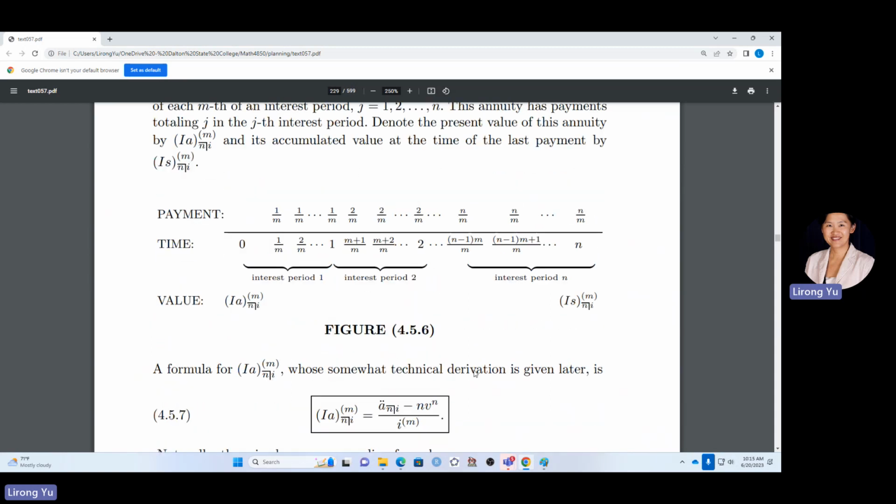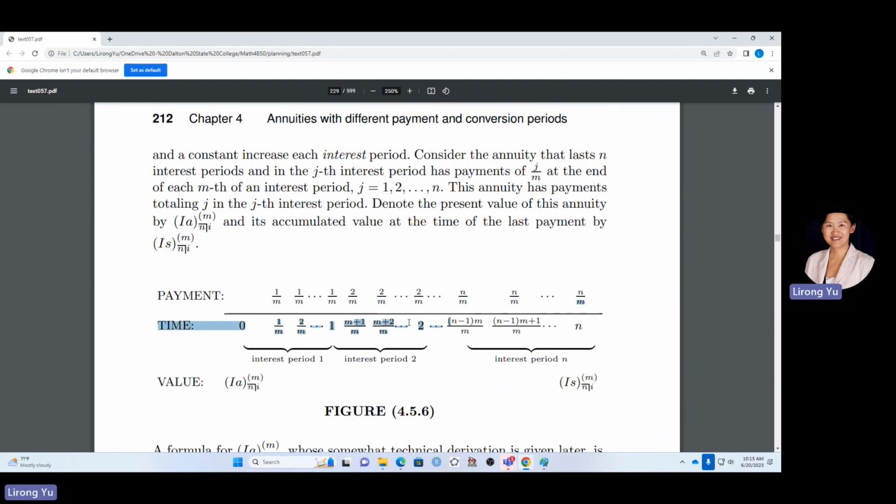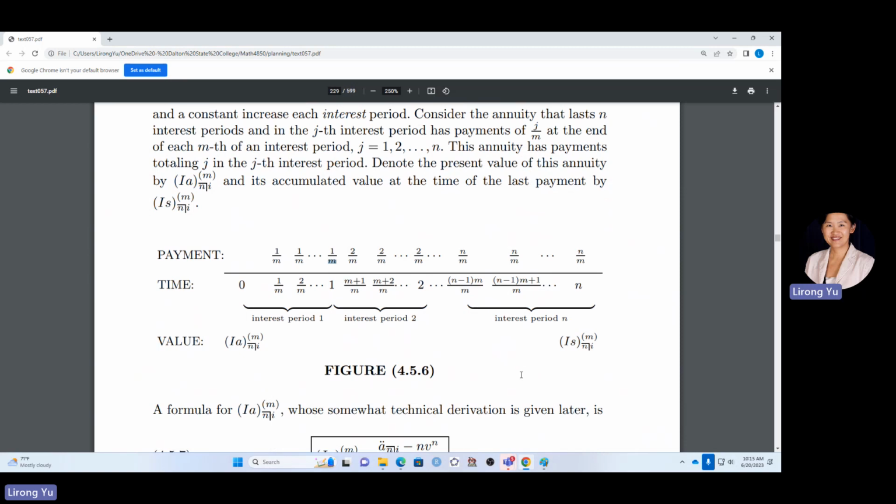Now, if you look at it, the timeline that we have here is similar to the one that we have in 4.7.1. So if you have a $1 interest in the first interest period, let's say, then our first interest period is being separated into 3. So this should be like 1 over 3, 1 over 3, 1 over 3, and the total equal to 1. So this is similar to the timeline that we are seeing in 4.7.1,